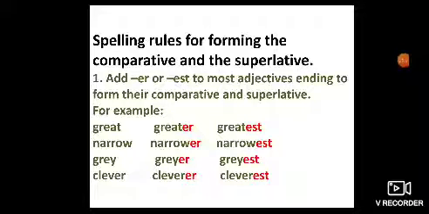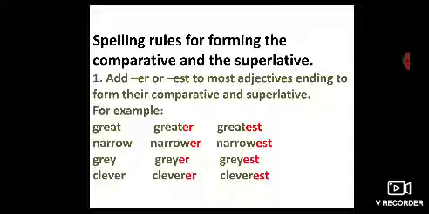Here is the first rule, in which you can see that the comparative and superlative degree is formed by adding ER or EST. Let's have a view. Add ER or EST to most adjectives to form their comparative and superlative.